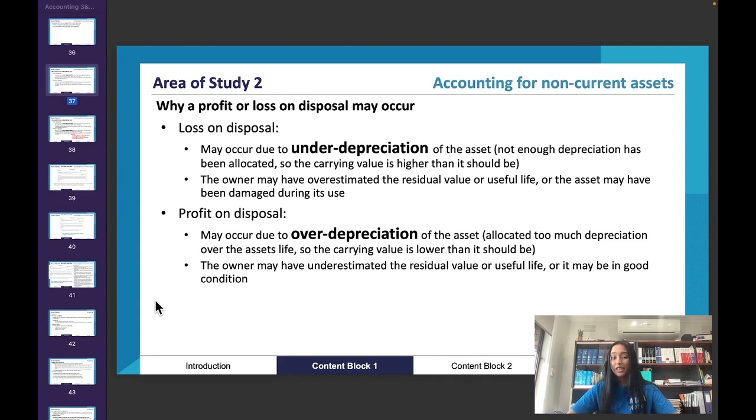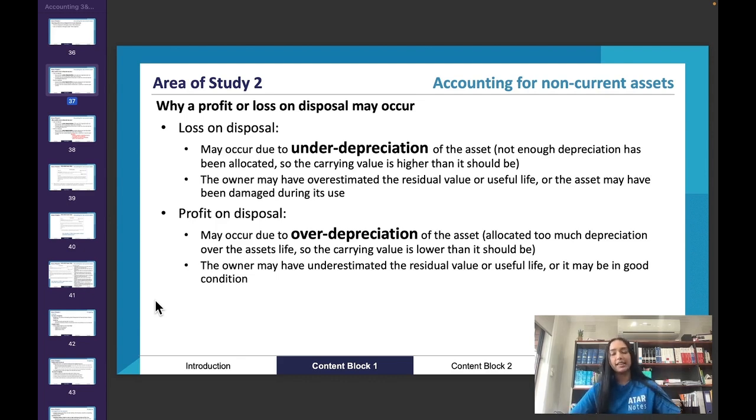The other thing is damage to the asset affects both the residual value and the useful life of the asset. So that's the other thing to keep in mind. And obviously that isn't necessarily an issue with the estimation of depreciation. In that case, that's an issue with, it was an accident. Car accidents happen. There's not much you can do to predict it or to prevent it, but it does affect the residual value and useful life of that non-current asset.